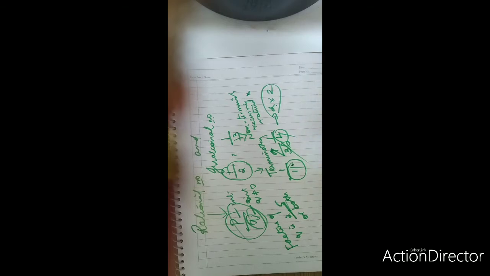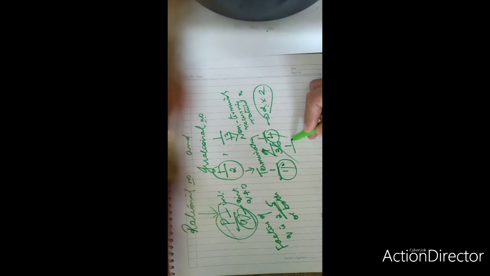This denominator can have either 2 alone, 5 alone or 2 and 5 both. Consider the rational number 1 upon 7. It is neither in the form of 2 nor 5. So we can say it is a non-terminating recurring rational number. Now we will move on to the irrational number.